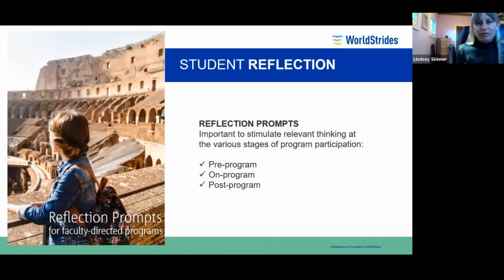Great. So we talked a little bit about reflection previously, but of course, this is another key point to consider when you're planning your program. So planning for intentional reflection with students to increase the likelihood that they'll be able to retain what they've learned,